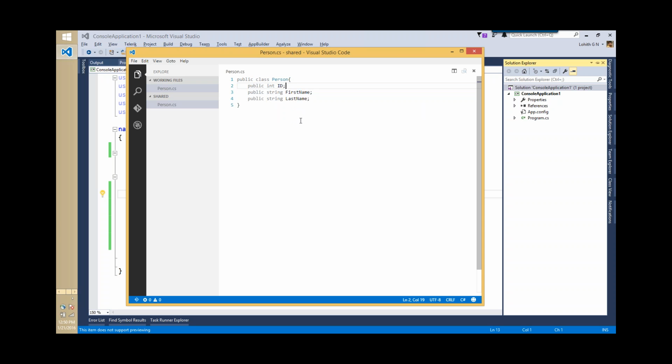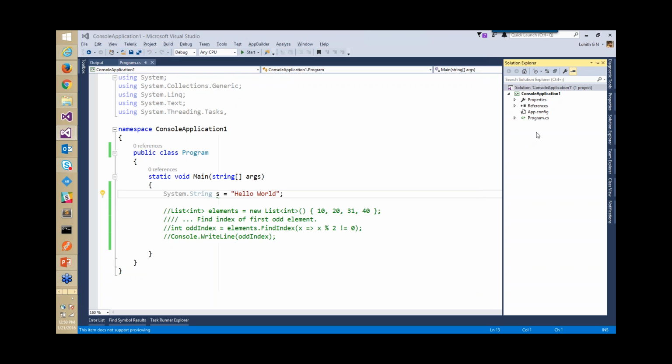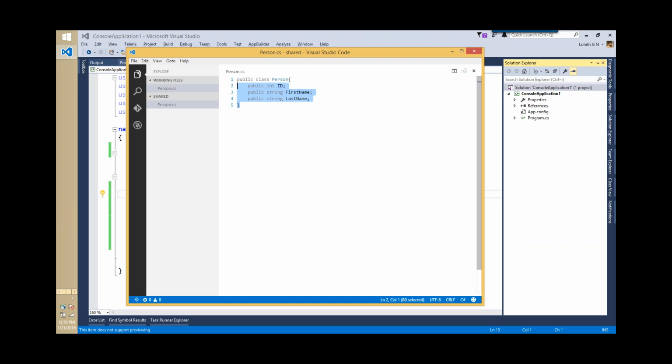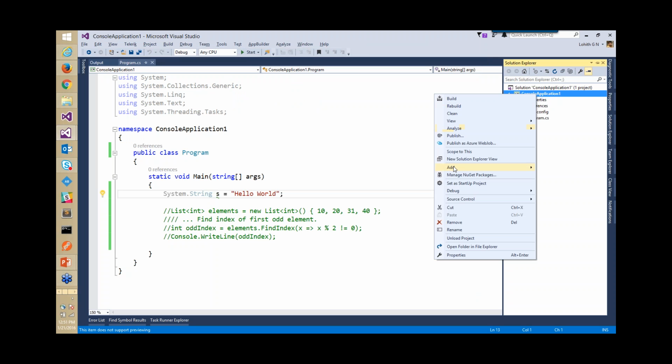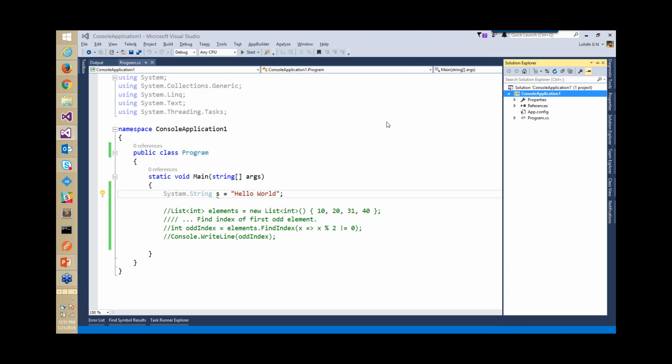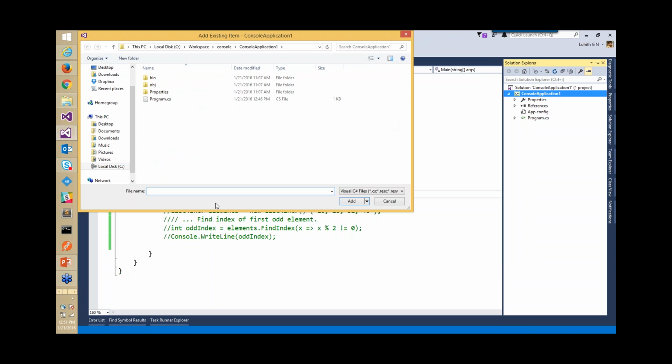So now I want to make use of this already created class in my project. There are a couple of ways I could do that. One is I will need to create a C# project, put this Person class inside the C# project, and then create a DLL out of that, and then I have to add a reference to that DLL. Well, if you don't want to do that, the only other way is I can come into the console application, right click, and say add existing item, and then I can go to